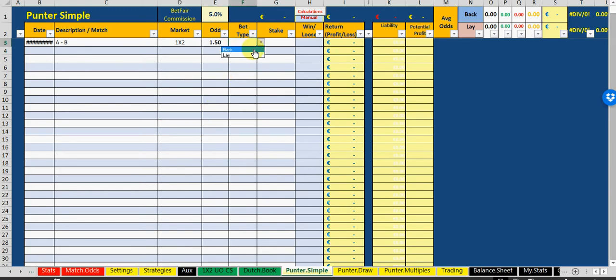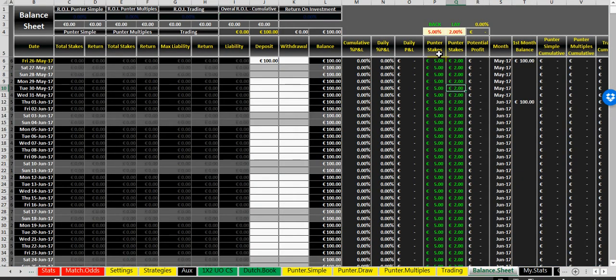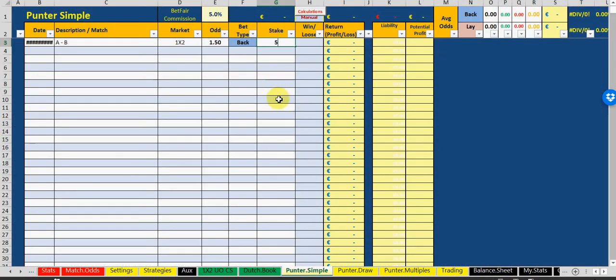Bet type is a back type. You can put back or lay. Stake: as per my balance sheet here, I said 5%, so that's 5% of my balance. I'll put 5 euros there. This is how I use the file. It doesn't mean that you have to use it the same way. So that's how you log